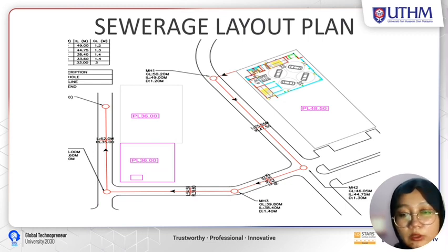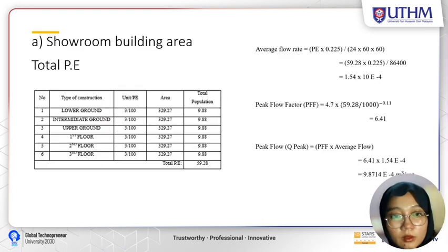For the proposed sewerage layout plan, we have 5 manholes, including the existing manhole and 4 proposed manholes. For the showroom building area, total PE will be calculated by unit PE times area, so the total population for the showroom building area for 6 floors is 59.28, and the average flow rate is 1.54 times 10 negative 4. The peak flow factor is 6.41, and the peak flow is peak flow factor times average flow, which is